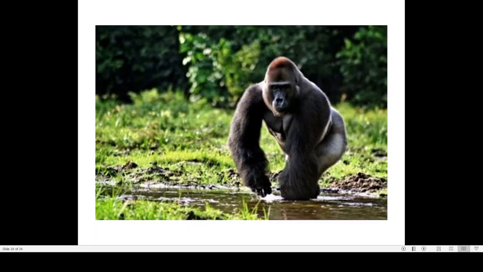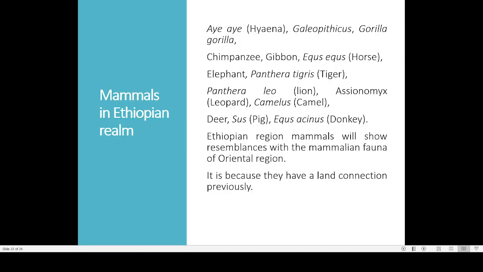Then there is another, this is a gorilla, a very big, gigantic animal, much taller and much stronger than most of the other primates. In addition, we have a lot of other animals like deer, pig, donkey, etc. So the most striking feature of this Ethiopian realm is that there is a lot of similarity between Indian animals as well as Oriental animals and the African or Ethiopian animals. Now we will see some of the